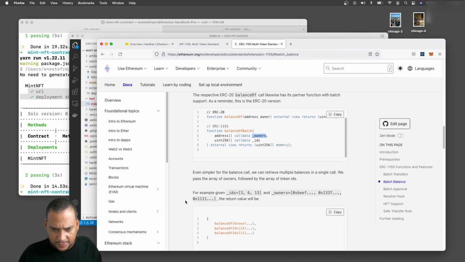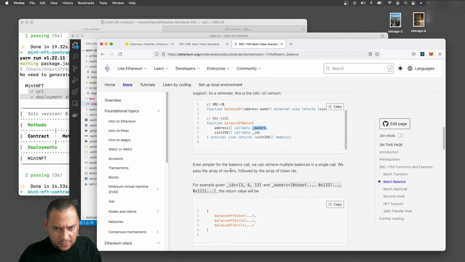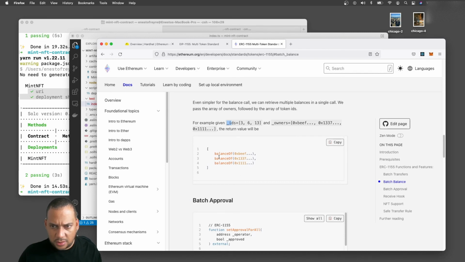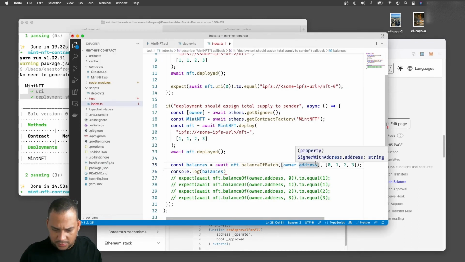So for example, given the IDs 3, 6, and 13, and the owners with the reasonable value, it will match owner. Okay, I know how this is working. So we have to pass owners 4 times. So owner